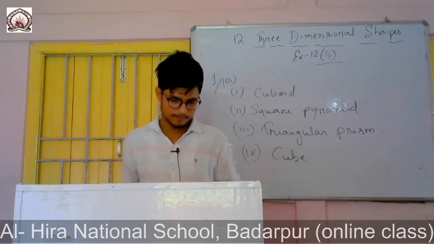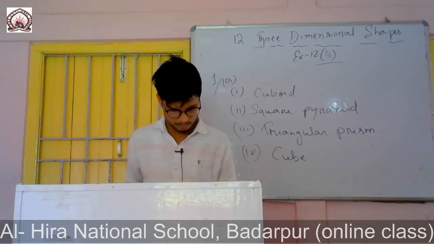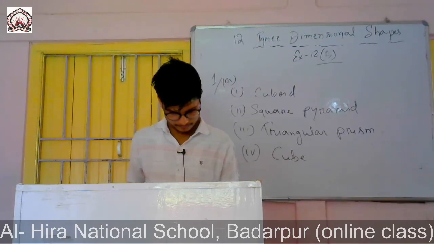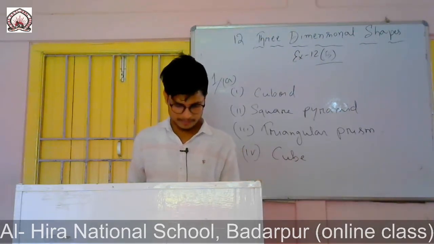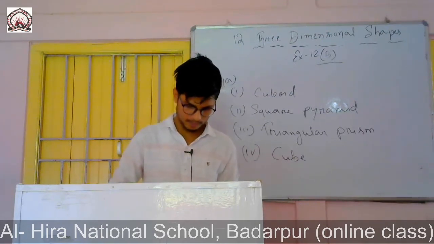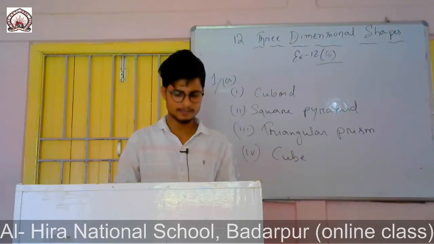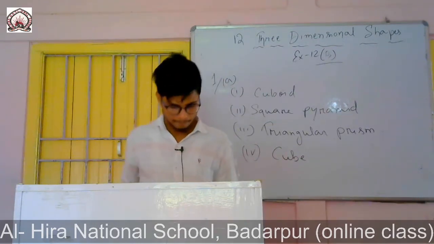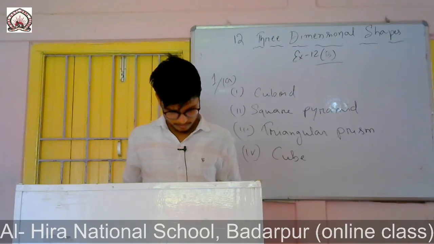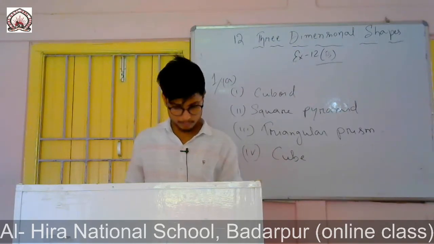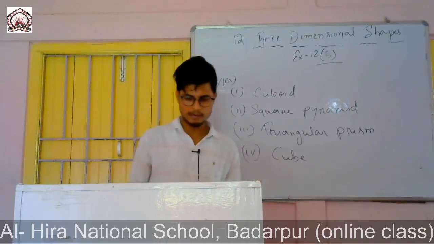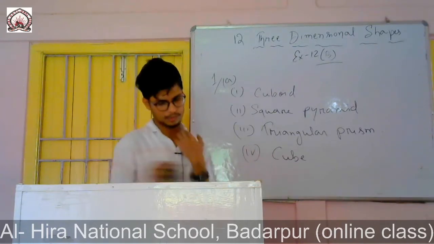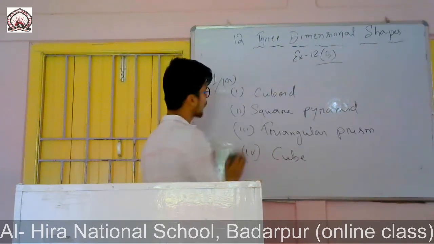For a cuboid, if I see the net, all the faces should be rectangular. So see which one has all the faces rectangular. In the first one, there are two small triangles, so by seeing that you can understand it is a prism. The next one is also not possible, 3 is also not possible. In 4, you see all the shapes in the net are rectangular, that means it is a cuboid. So question number 2A answer is 4.